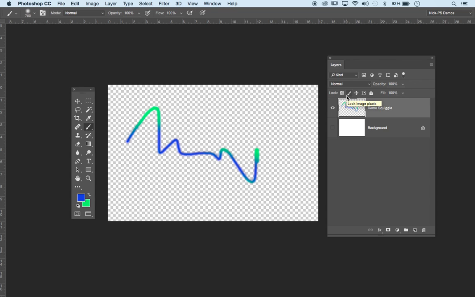I'll click on this next one, this lock image pixels. Now that basically means that I can't edit any pixels. I can't make new ones. I can't modify them, whether they be transparent or whether they be actual pixels. I can't do anything. What I can do though is I can use a move tool,